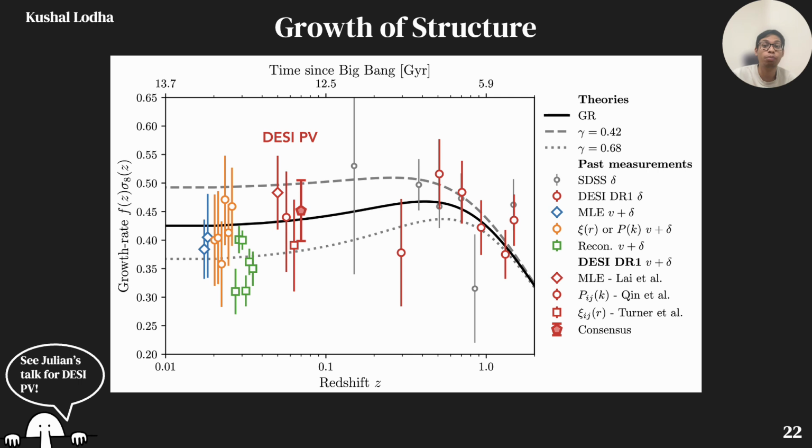Before the conclusion, let me end with one broader point. All three classes I just discussed look fairly degenerate at the level of background expansion, but they may still leave a distinct signature in the growth of structure. So growth information could ultimately help us tell the scenarios apart. In that respect, the upcoming DESI analysis of redshift space distortion and peculiar velocity will be crucial for stress testing these classes.